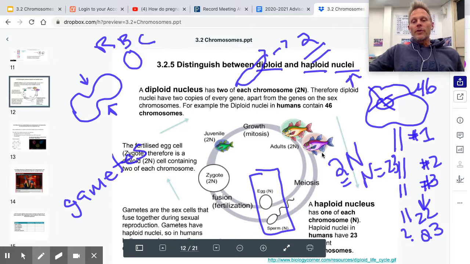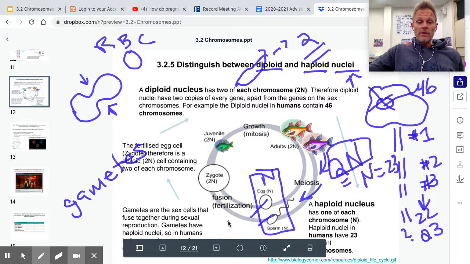So during the process of meiosis, which we'll talk about in great detail, we go from a 2n, 46, and eventually end up with an n, 23. So in the egg and in the sperm of individuals, there are 23 chromosomes,